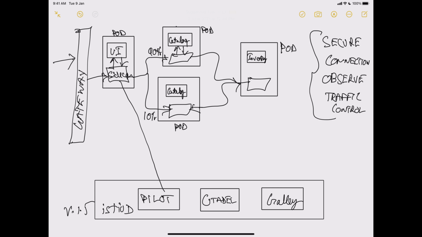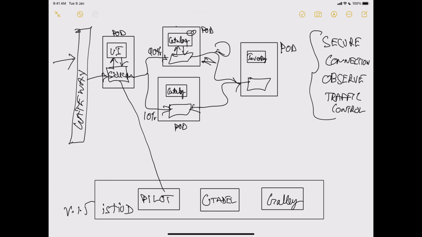Previously we saw, if I want to control all this traffic logic, I would have to write it here, but now I can define it outside of my main component, and then I can control retry logic or circuit breakers here. So this is how Istio can help you to do that.